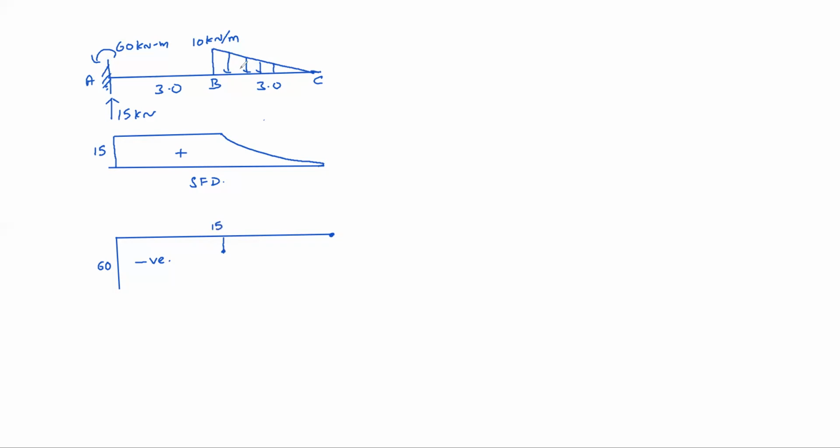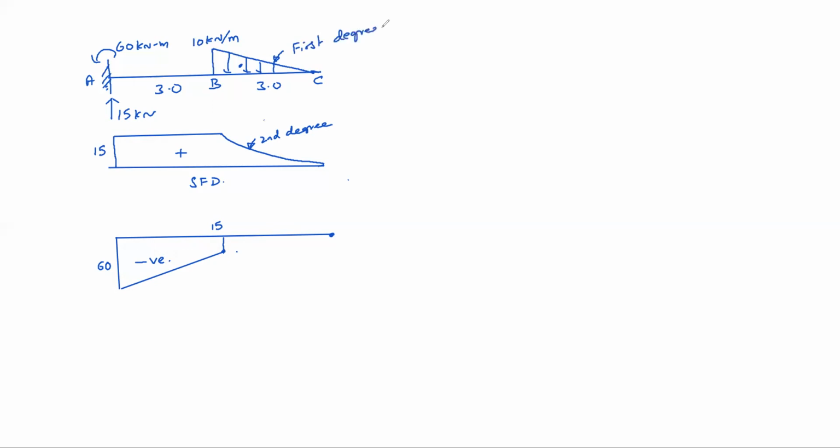Load into centroidal distance. Centroid is somewhere here. So here 1 meter, right? About B, minus 15. Okay. So the variation. See, shear force diagram, constant shear force is there. Then variation is here, linear, like this. But in bending moment diagram, variation is second degree. This is second degree curve. Loading is first degree.